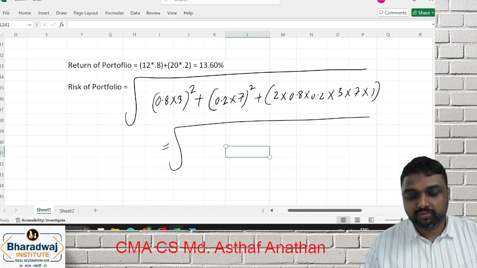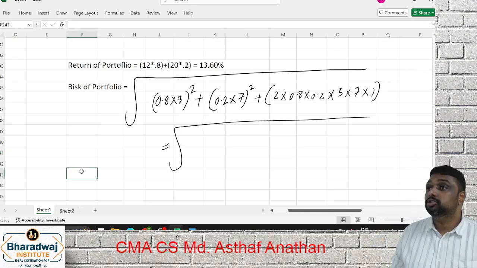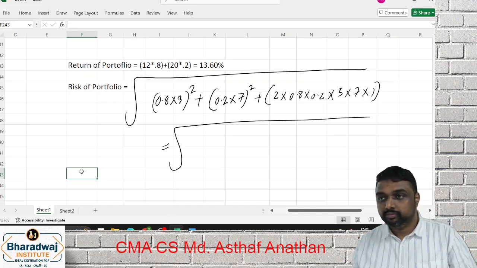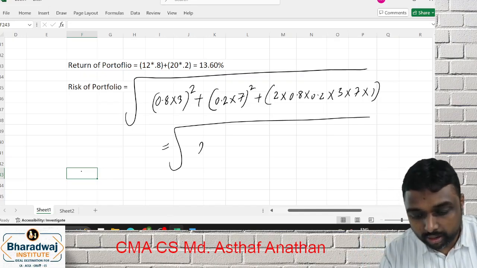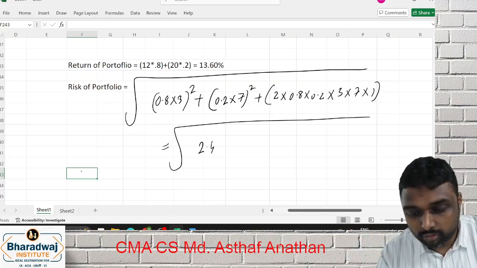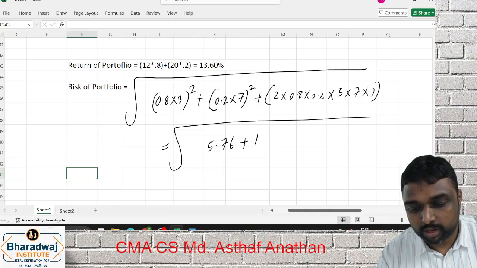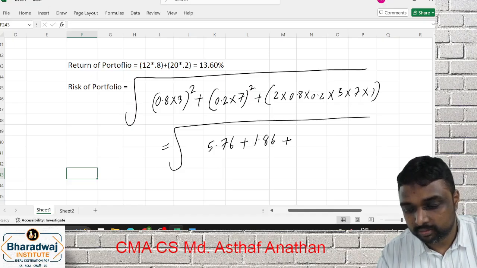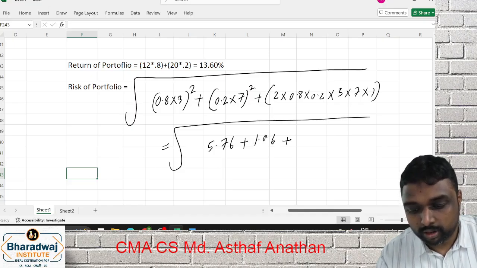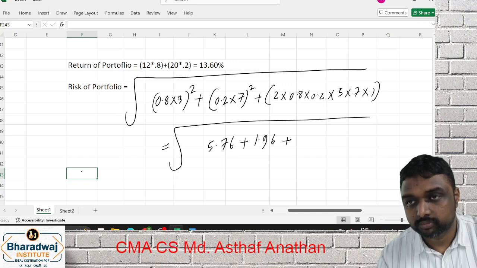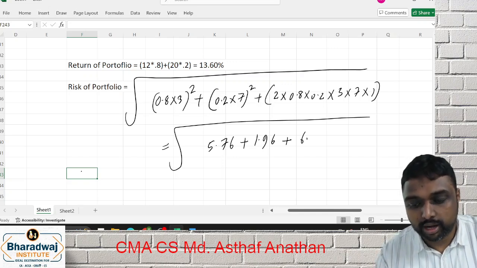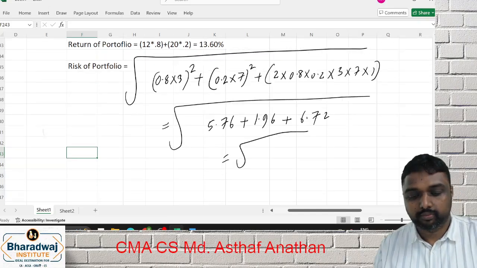See, what is the first item total? 0.8 into 3 square. What will you get? 2.4, no, 5.76 plus 1.86 plus 1.96 plus 6.72. If you take the total,